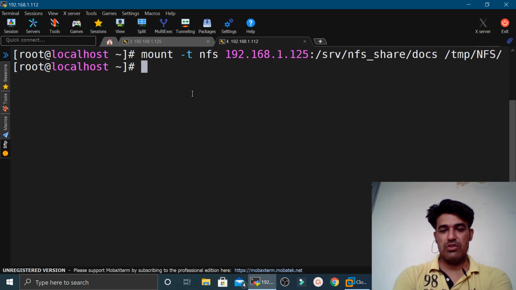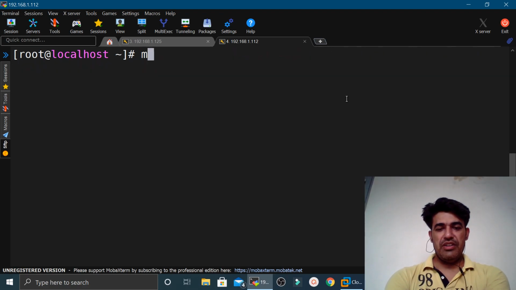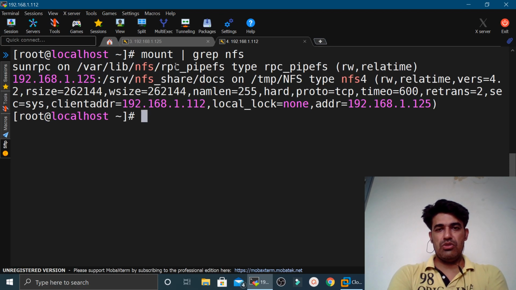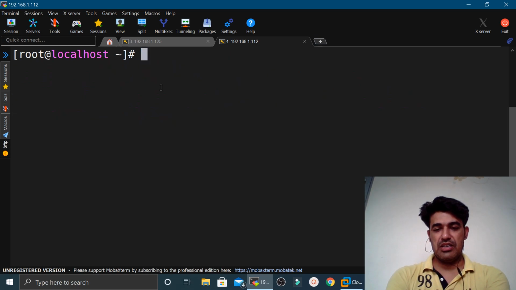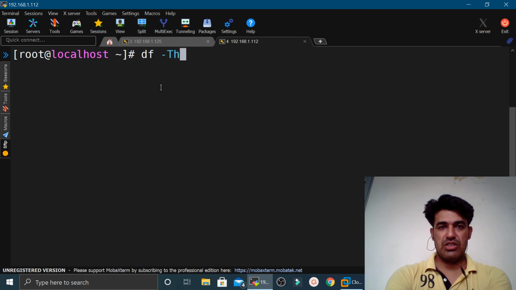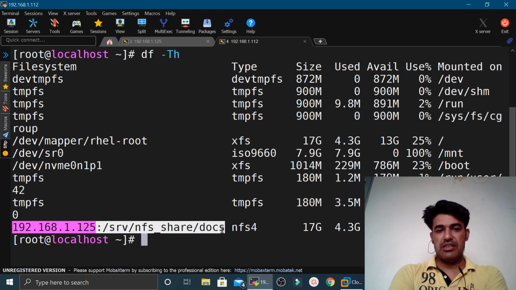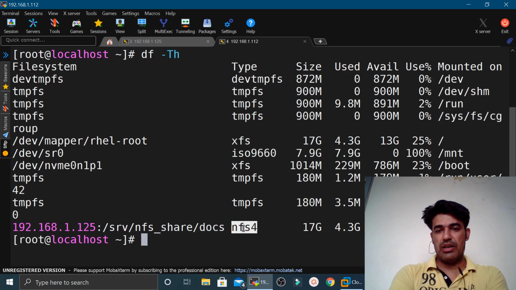Press enter. So here you can see that it is mounted. You can verify the details with the help of the mount command, mount | grep NFS, and it shows you the details of this share that is mounted on /tmp/nfs. Or you can execute a df -h command. Here it will show you the details, and you can see that this is the NFS share, and it is the NFS4 type NFS share that we have mounted over